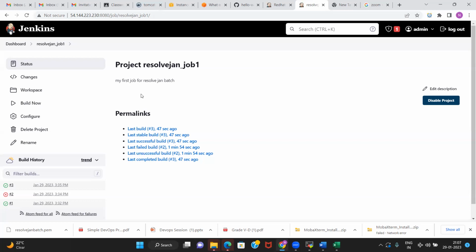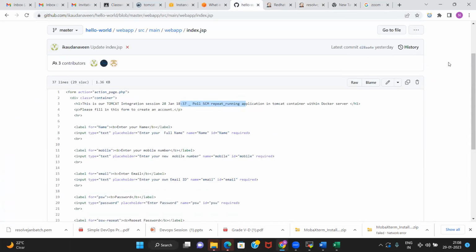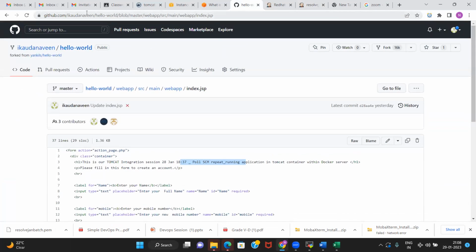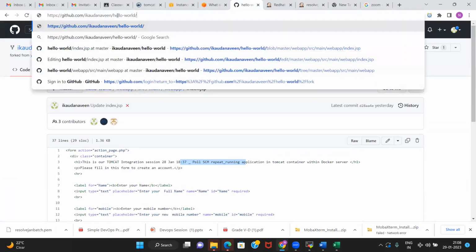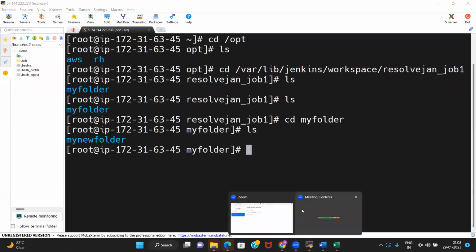Okay. Now let us go one more step and we are going to integrate GitHub with Jenkins. So we created a GitHub account, right? So let us all log into the GitHub account that you have created yesterday.